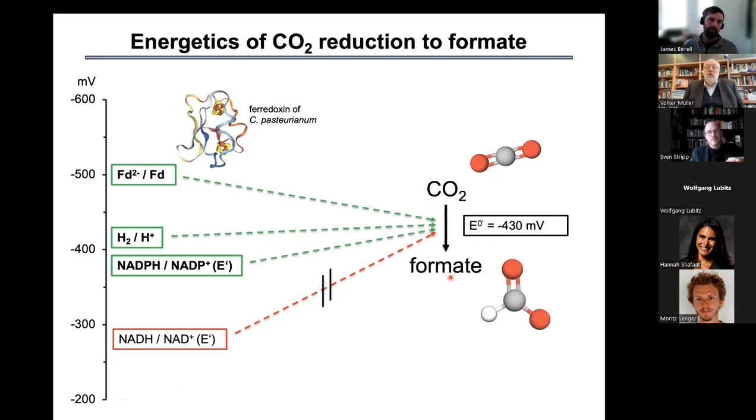The electron donor for CO2 reduction cannot be NADH. So you all know that formate dehydrogenase is coupled to NAD, but these are all formate dehydrogenases from aerobic organisms that are in the cell employed in formate oxidation to CO2, and then NAD is reduced. But if you go into the direction of CO2 reduction, NADH, for thermodynamic reasons, cannot be the physiological electron donor. Physiological electron donors can be NADPH, ferredoxin, but ferredoxin should not be possible for physiological reasons,